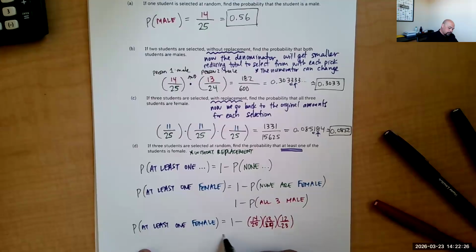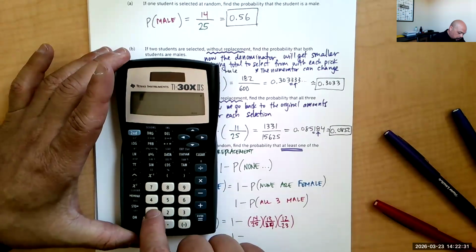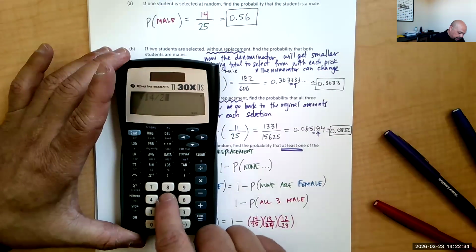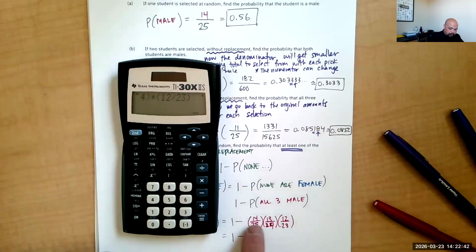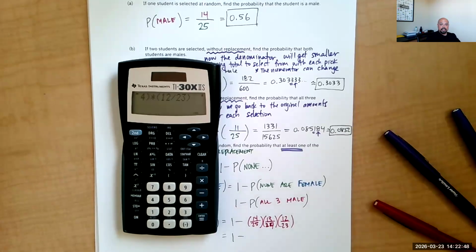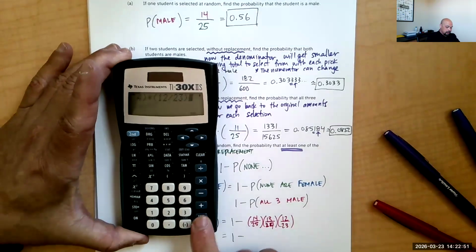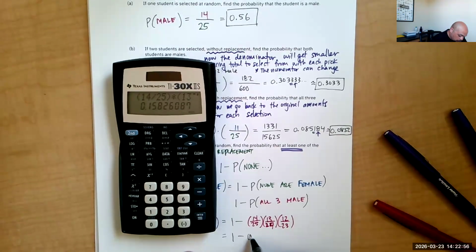And so as we start to calculate, we can do the fraction work first. We can do 14 over 25 times 13 over 24 times 12 over 23. And again, there's other ways we can multiply across the numerator, multiply across the denominator, then simplify. Keeping track of order of operations here, we want to make sure we divide individually. Calculate there, right? And again, for this work, keeping all of our decimals and only rounding at the very, very end is going to be a key strategy here. But for that portion, the probability of all three are male without replacement,